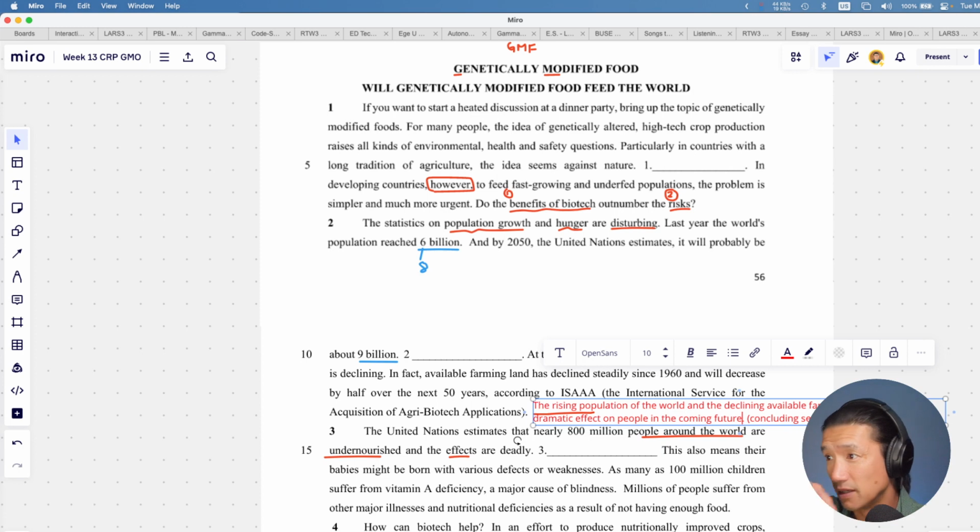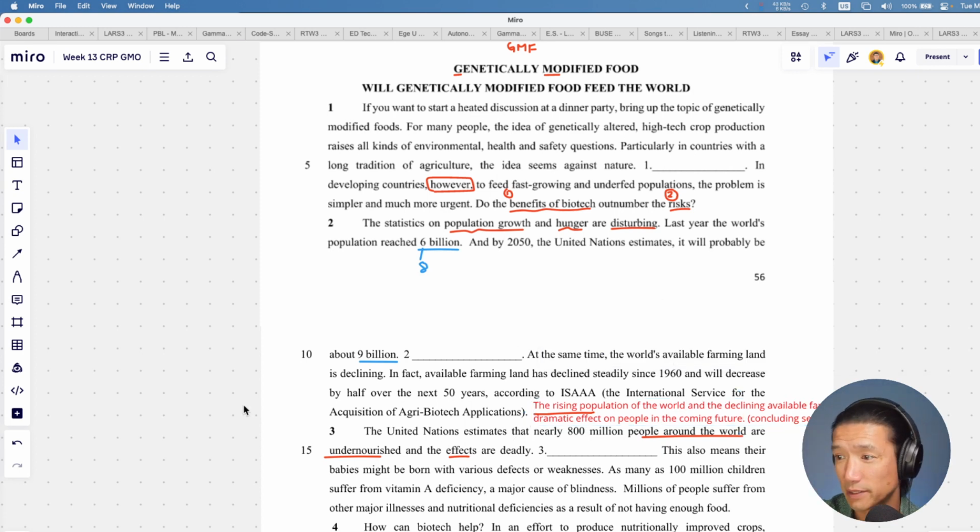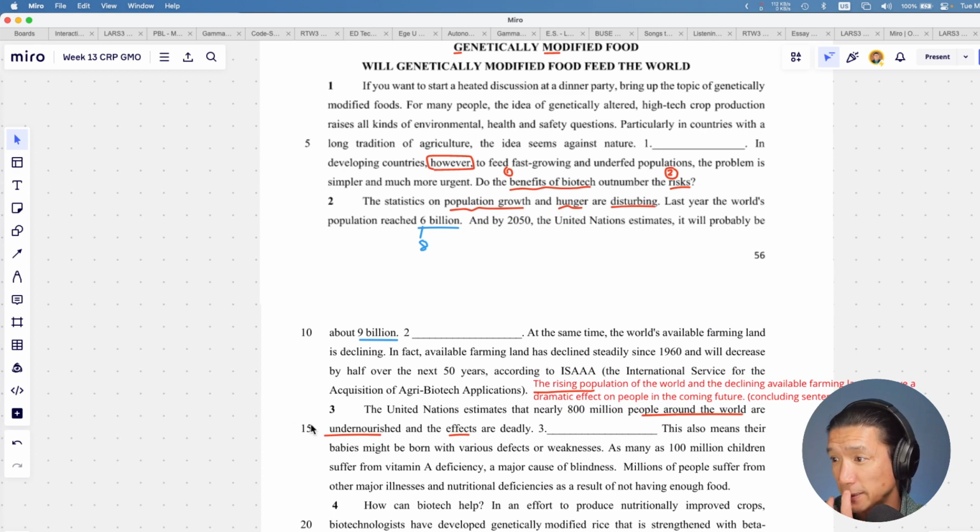It kind of summarizes what we set up here, but that also leads us into the next part where they talk about the United Nations estimates that nearly 800 million people around the world are undernourished and the effects are deadly. I try not to use quotes in the topic sentence, but this is kind of more like a newsy article, or